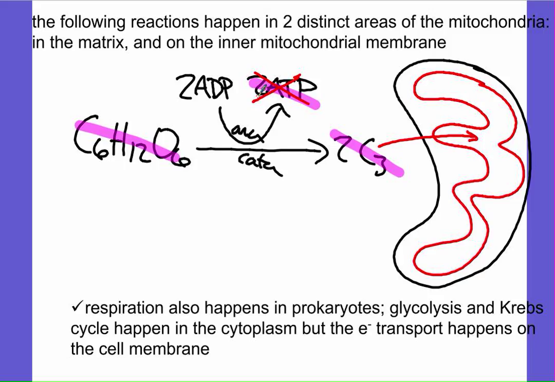So there's a small investment here, but obviously it's worth it. Otherwise you wouldn't do it. There's lots more ATP trapped inside of that 3 carbon molecule. You just got to do more stuff to get it out. So it cost me the 2 ATP that I already made, but I'm going to move this into the matrix